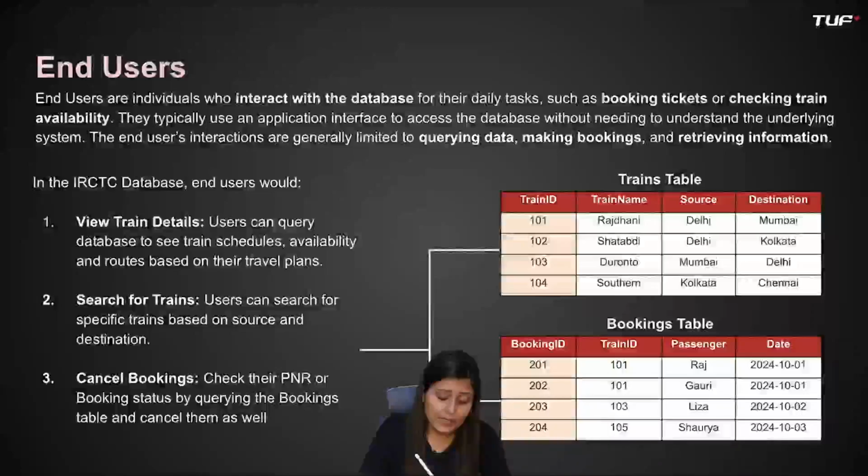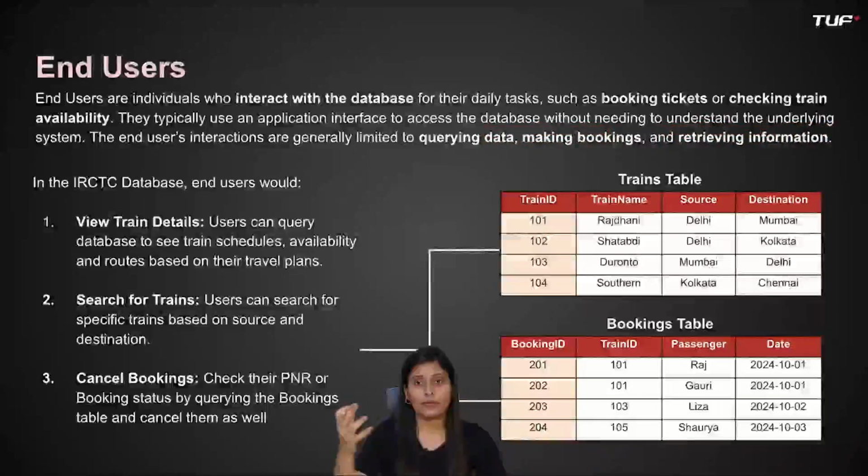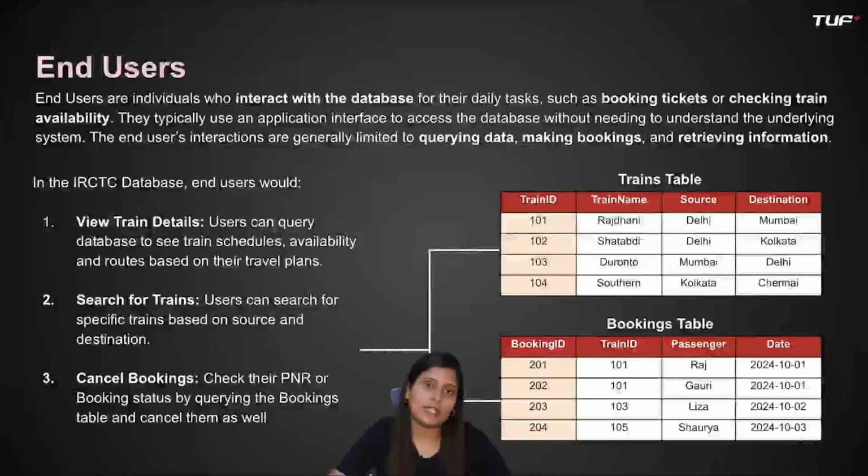So we typically use an application interface to access the data without needing to understand what the data inside the database looks like and how it is structured. We just interact with the front part, right? We interact with it to fetch the data, to check the availability of seats, or, in case we want to book, to book the seats and get our tickets, right? So in that case, the user doesn't need to understand how the data has been structured and stored in the physical